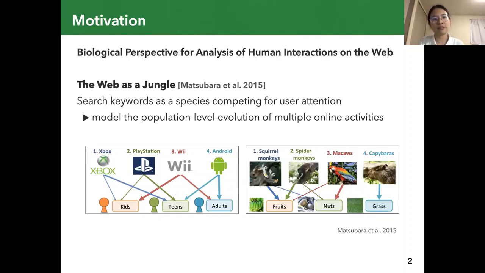Recently, biological perspectives have been introduced to human interaction analysis on the web system. For example, the web system was modeled as a jungle by considering search keywords as a species competing for user